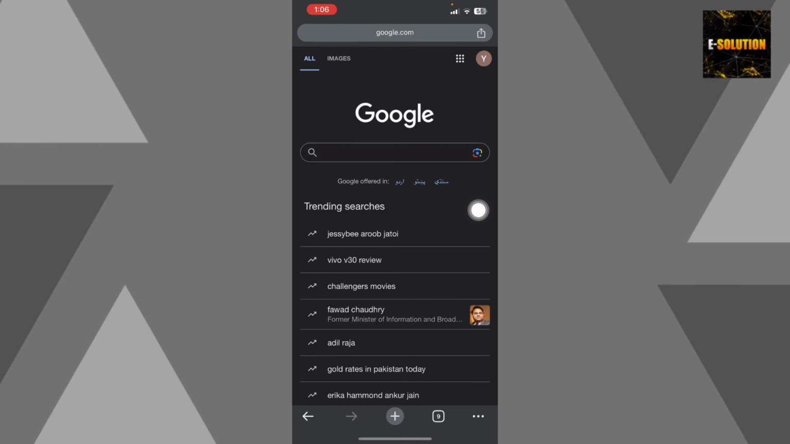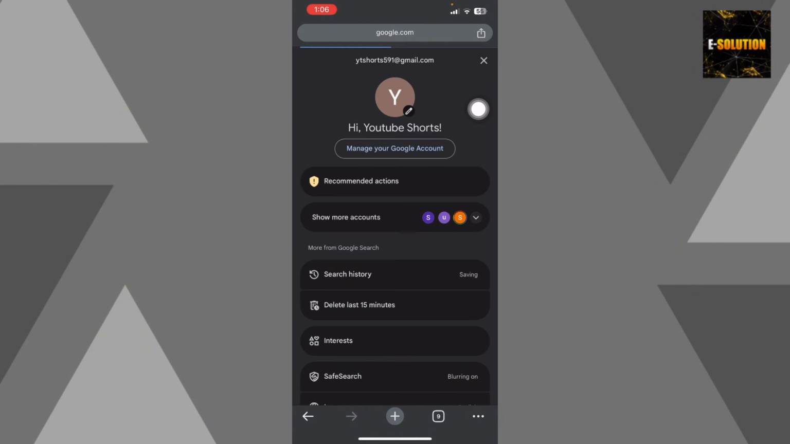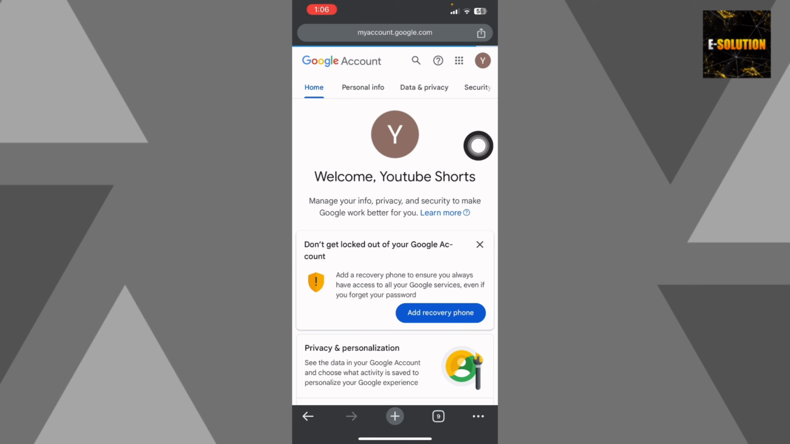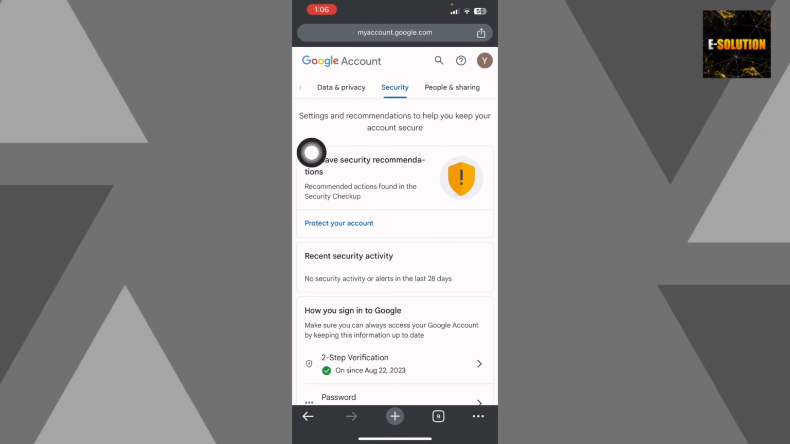First, open your Chrome browser or any browser that you're using and search for google.com. And now you have to click this icon of your profile on the top right corner and then click manage your Google account. And now it's going to bring you to this page, and now you have to slide this tab to the left side and choose security, and it's going to bring you to